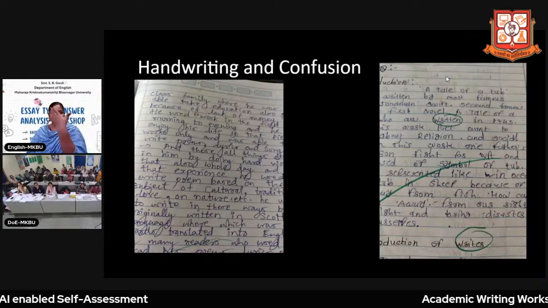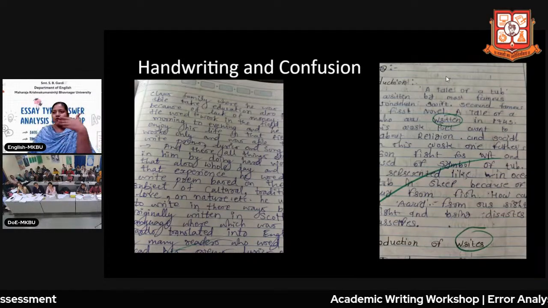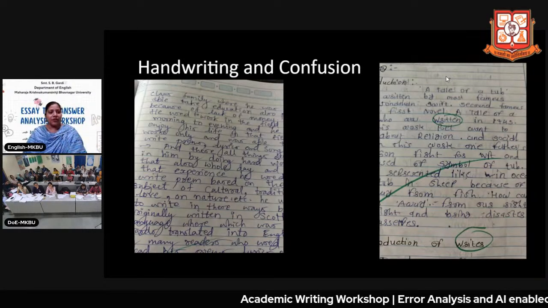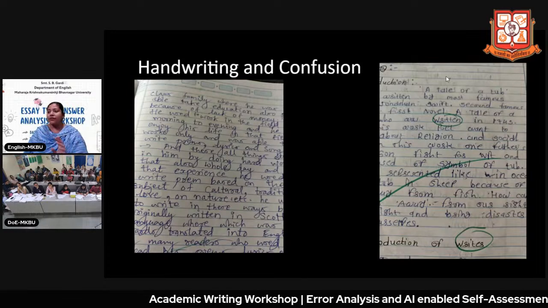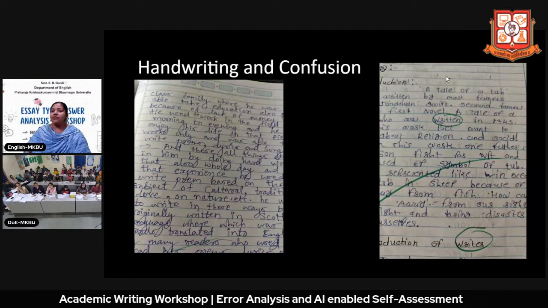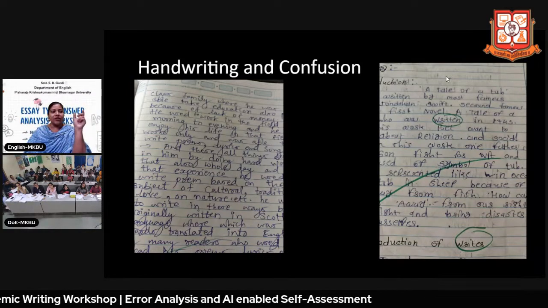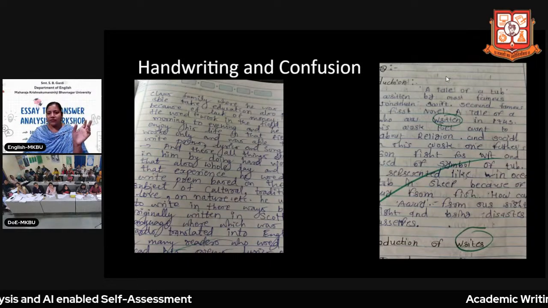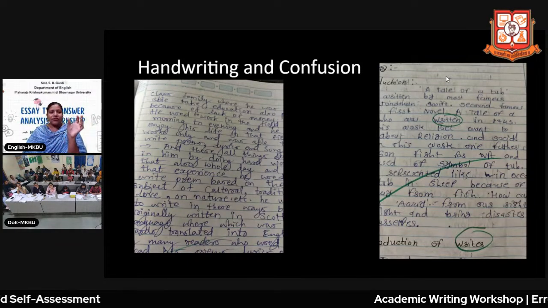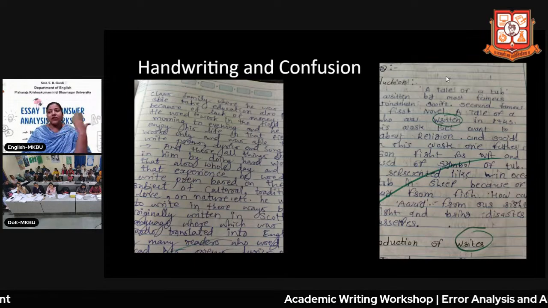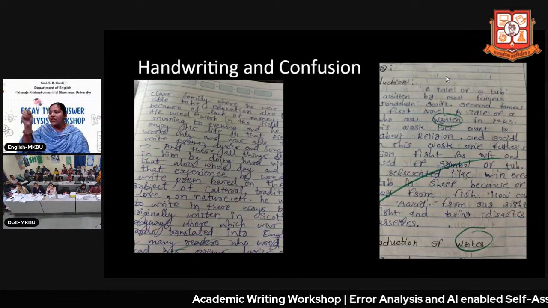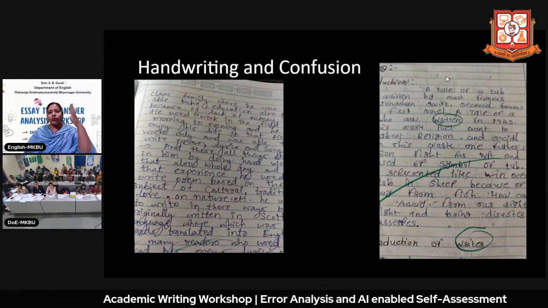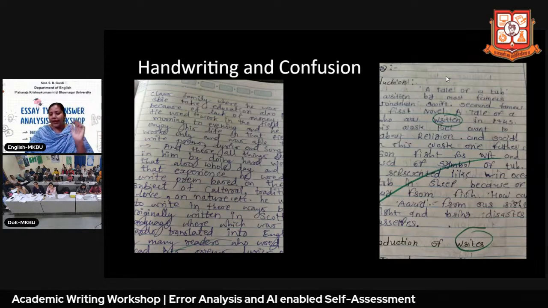So definitely the students are being told to practice those particular letters. But be very careful when you are writing. In many other papers I've seen that when you are writing the introduction, a C somewhere disappears. So again, it remains like a spelling mistake, but it is not. It is just the writing style, but someone who is reading will find an error in it,